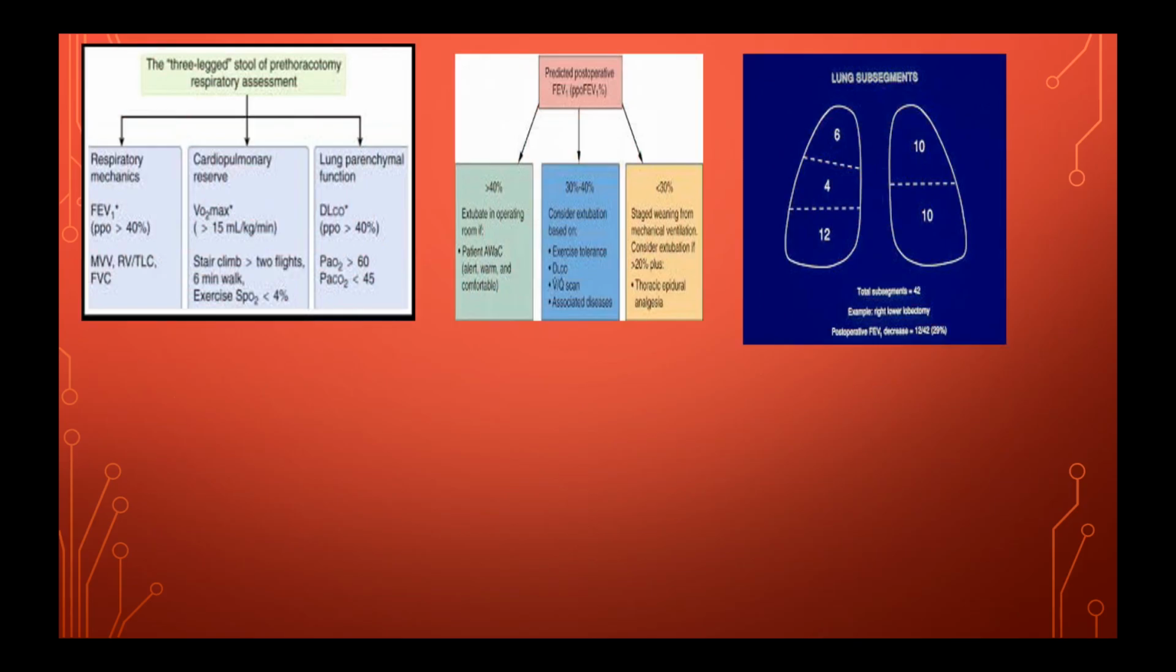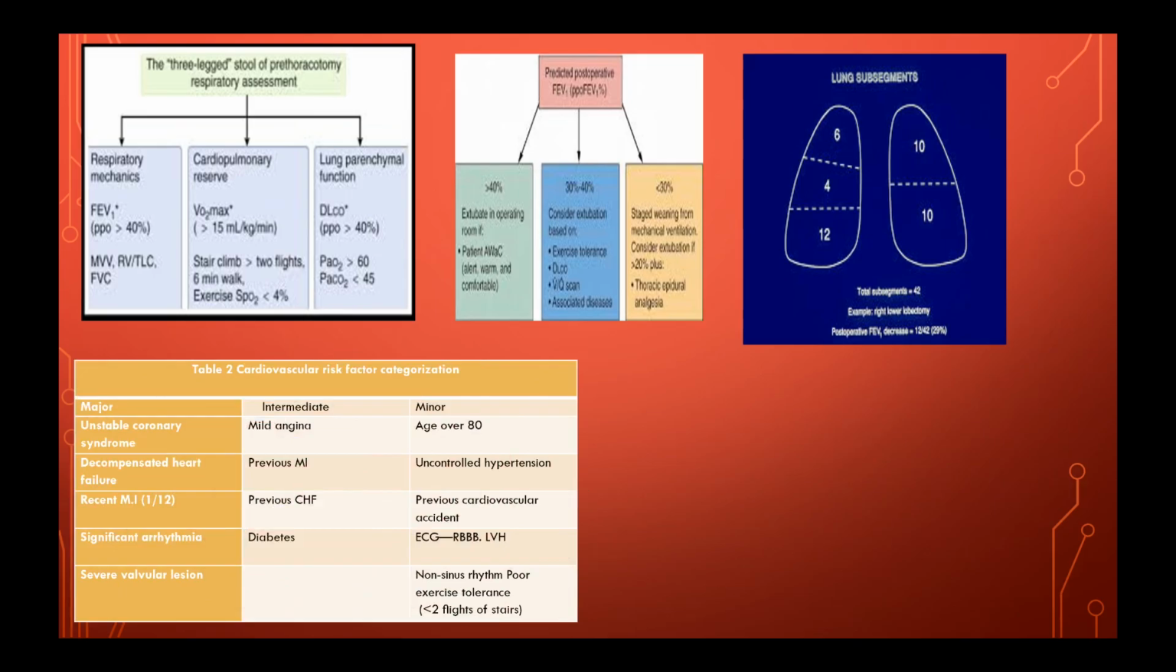The lung segments, how many segments are there now? So totally there are 42 segments included in both the lungs. Out of these 42, how many segments are you planning to remove? For example, if you are going to remove the right lower lobe, you will be removing 12 segments. On the contrary, if you are removing the right middle lobe, it will be removing only 4 segments. So based on that, you can calculate the post-op